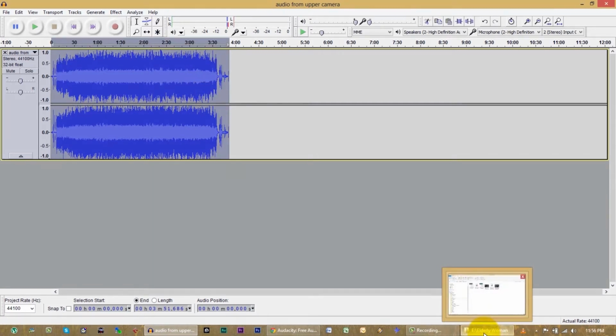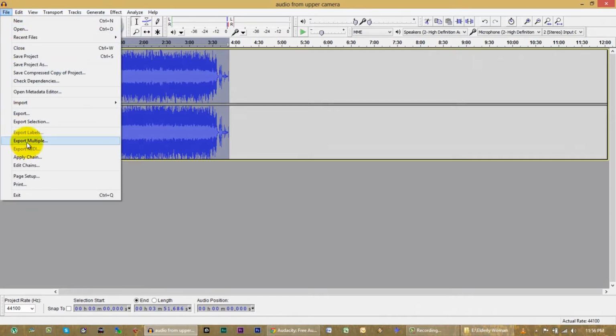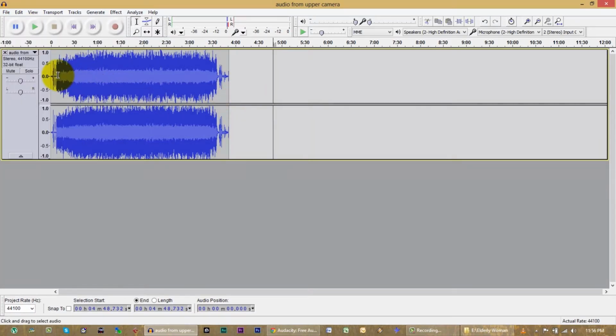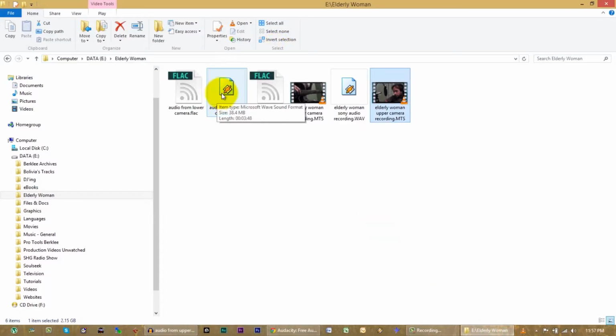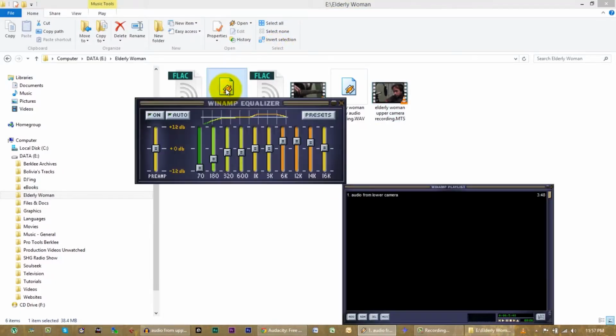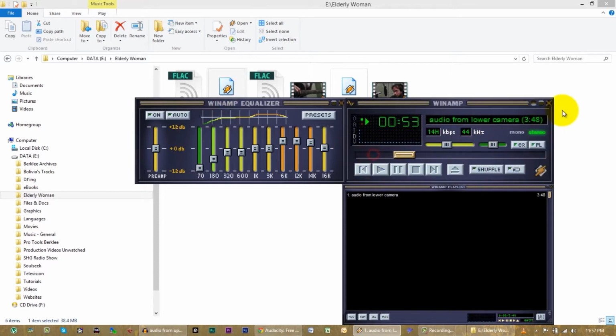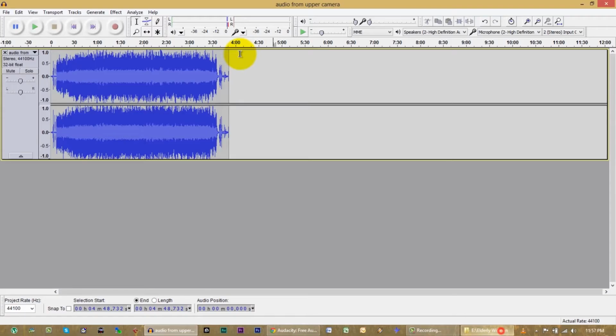I forgot to highlight. So I'm not sure what happened with that first one. When I exported, since nothing was highlighted, we might not have gotten any noise. Let's find out. Oh no, we're good. Okay, on some audio programs you might want to hit Control A to highlight everything, or you might want to drag your mouse across to highlight everything.